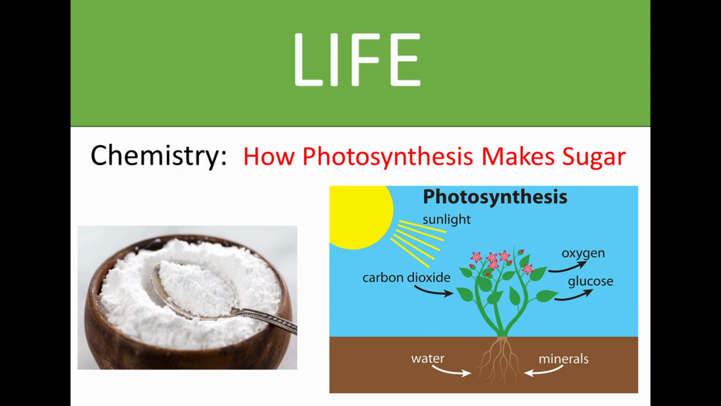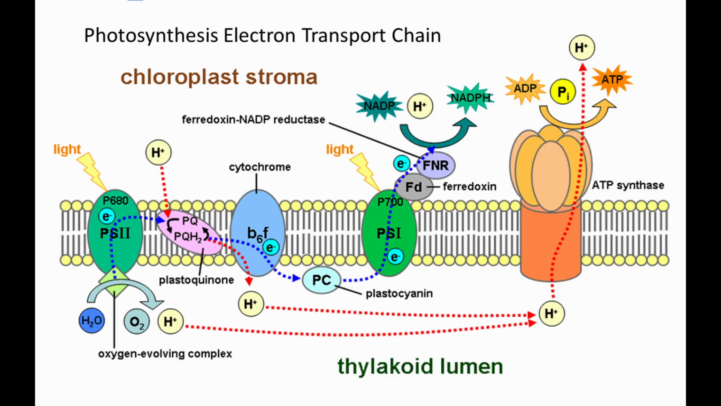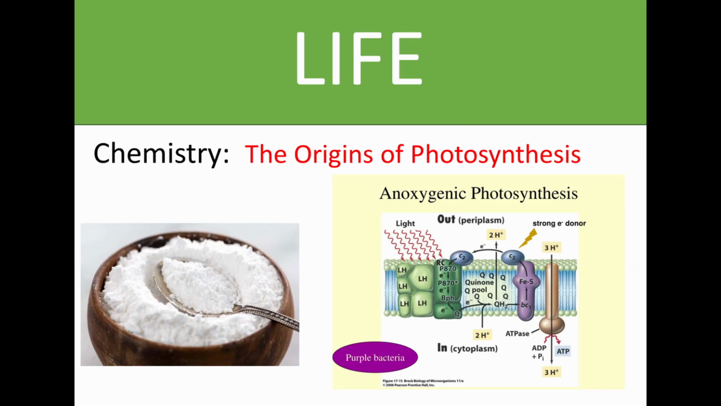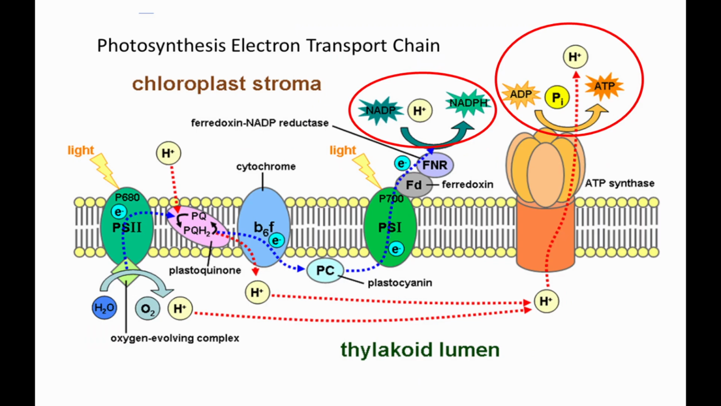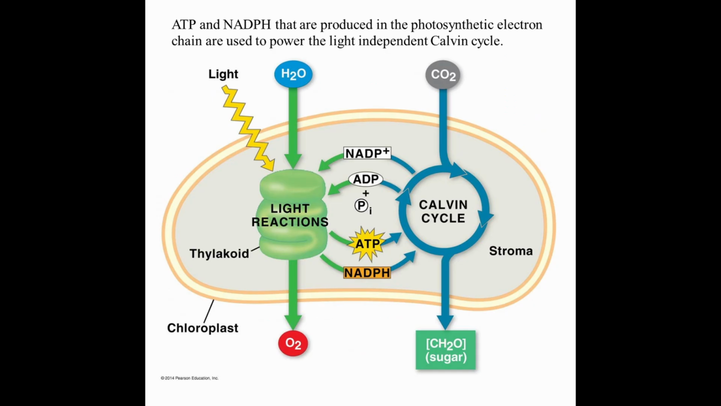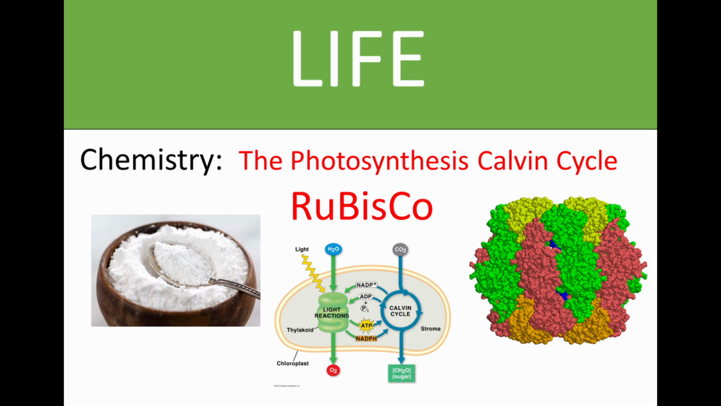So that concludes my discussion on photosynthesis. In summary, I covered the light-dependent reactions of the photosynthetic electron transport chain. I speculated on the origin of photosynthesis. I covered the light-independent reactions of the Calvin cycle. I showed an ATP and NADPH that are produced in the photosynthetic electron chain are used to power the light-independent Calvin cycle. I devoted a whole separate discussion on the RuBisCO controversy and whether the RuBisCO enzyme does a good